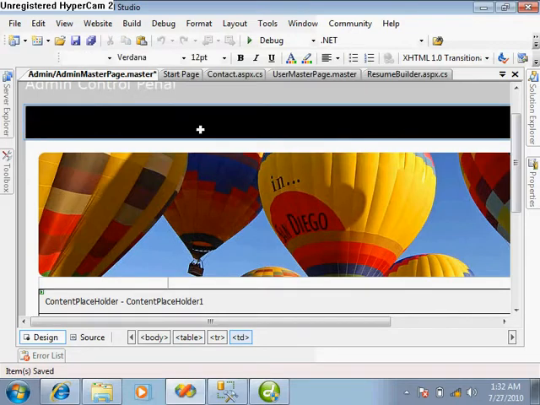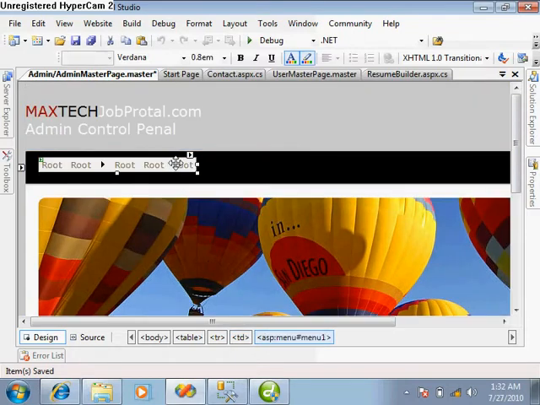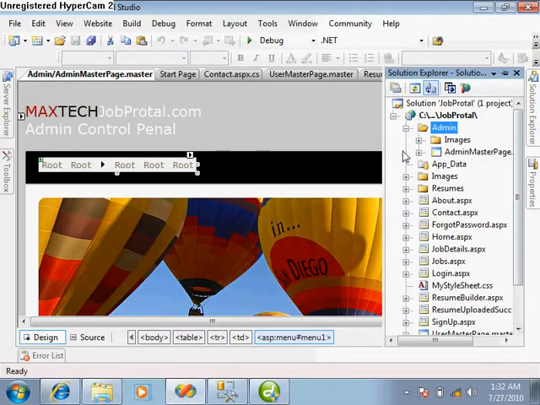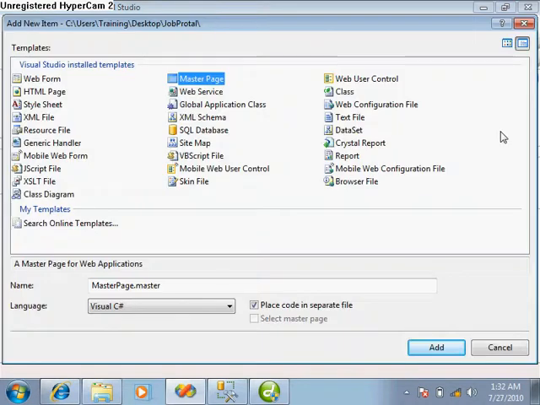Or even you can change according to your choice. Now it's fine for me. Now what links and what pages do we require here? First of all, we need an admin home page. So let's create a new web page,